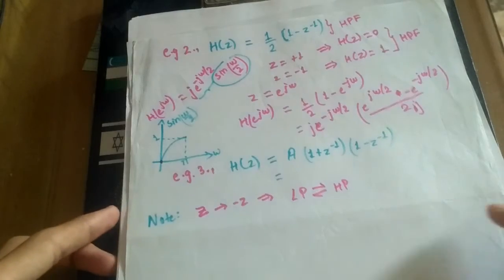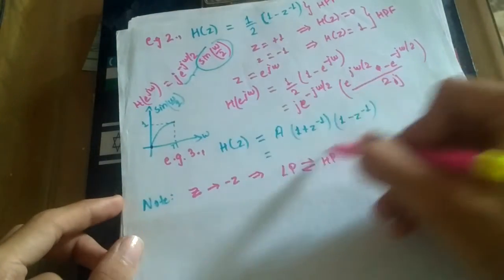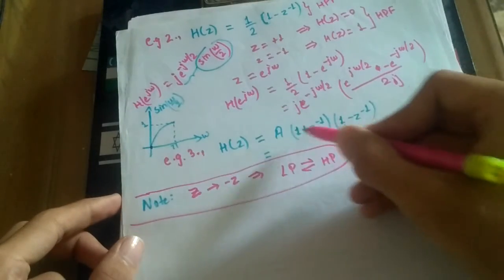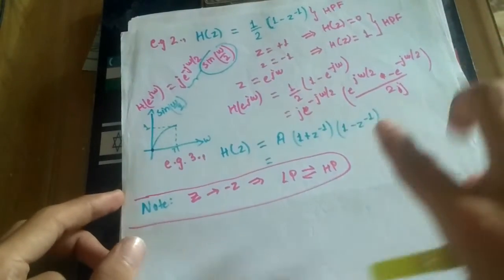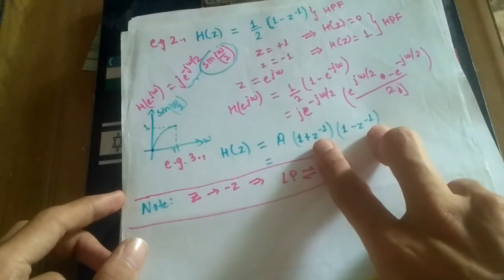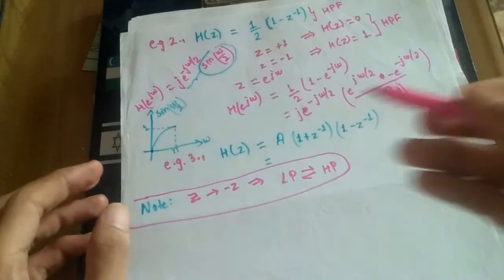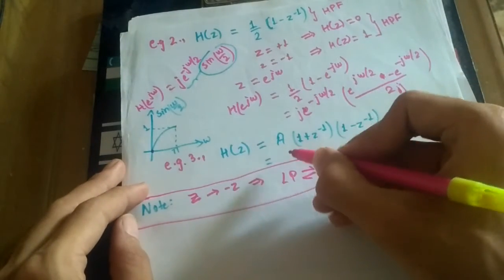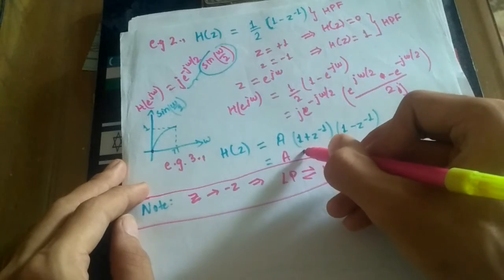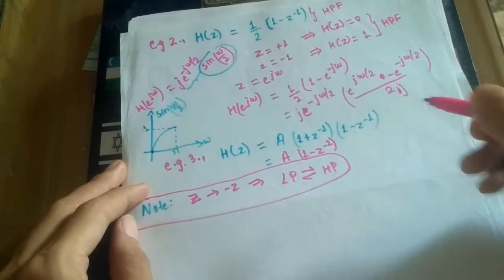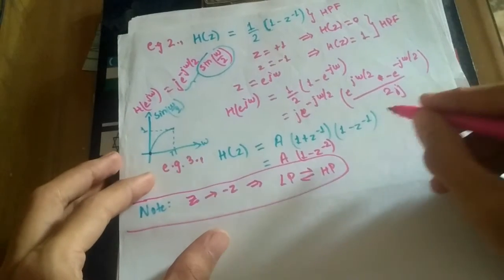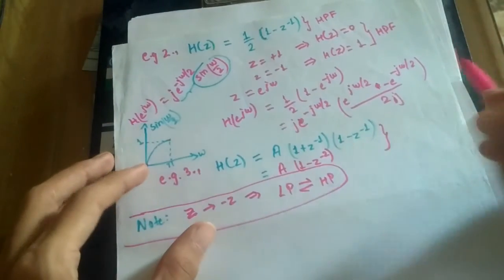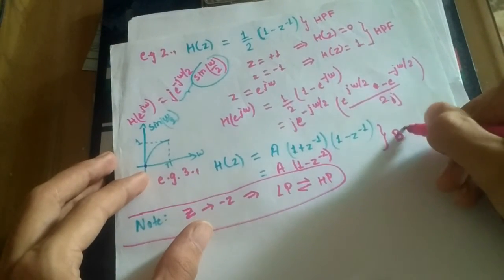It is suppressing the low frequencies and passing the higher frequencies which are close to pi. So this is clear. Now let's move towards example number 3. Just put this note aside, and now we are continuing. You can clearly see that this was our low pass filter and this was our high pass filter. If we cascade both of them, cascading means multiplying in the z domain, then we are left with 1 minus z power minus 2, if we simplify. We can clearly see from the magnitude response, and if you put z equals plus 1 and minus 1, you can also conclude that it is nothing but our band pass filter.